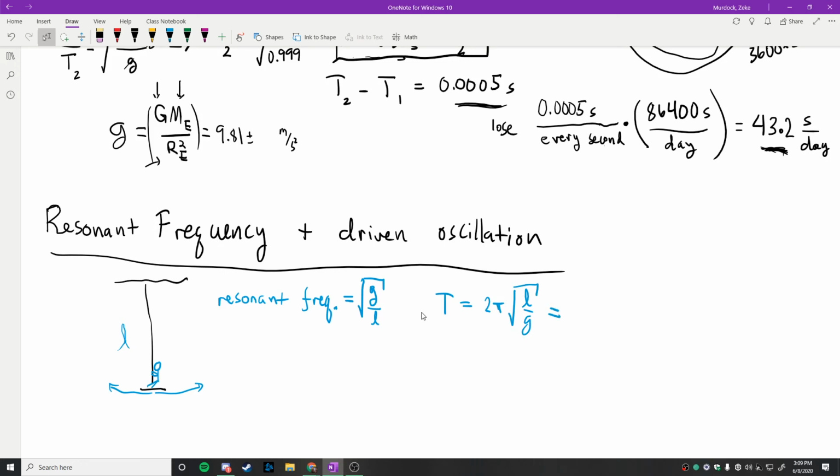Let's say that our person is swinging back and forth at a period of 2 seconds. So they go up and then back to here again, and it takes 2 seconds for that entire process. Does that make sense? So let's suppose that while this is happening, as is frequently the case if you go to a park with your young relatives or siblings, there's a person pushing this child on the swing. Now, if you want to make the child go higher and higher, to increase the amplitude of the swing,